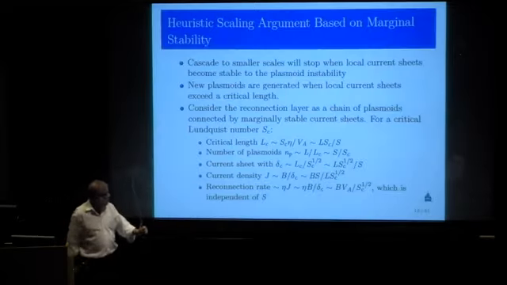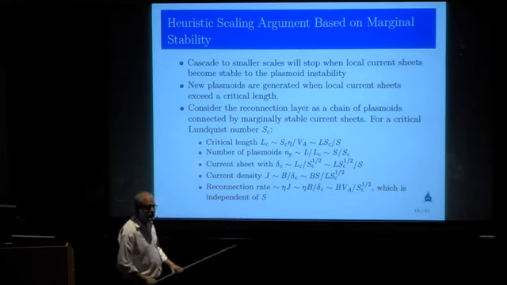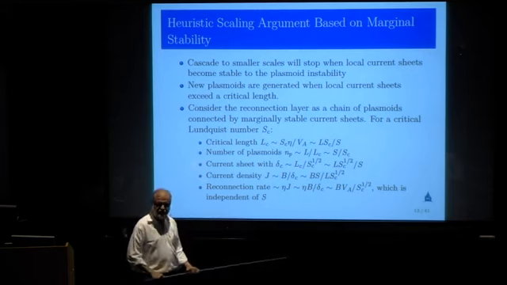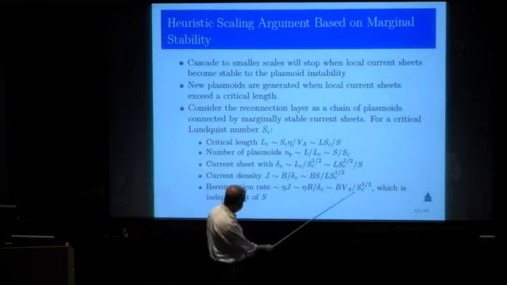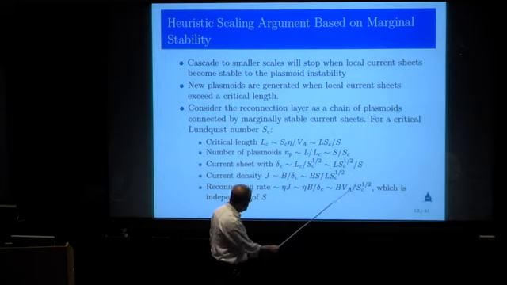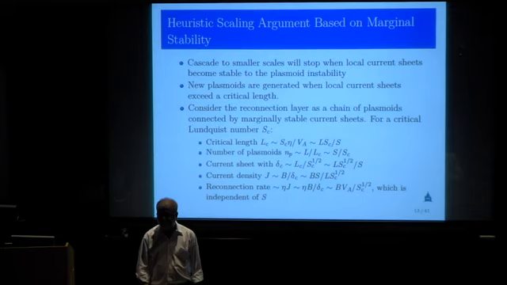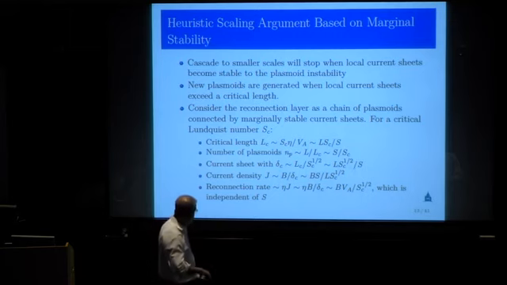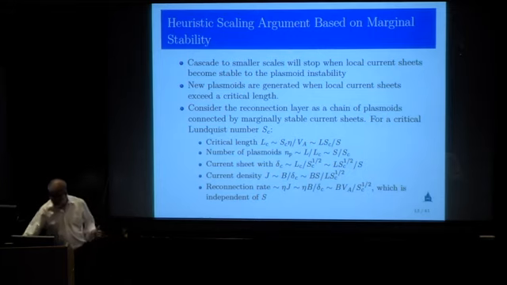As to whether we can understand this result, I'm running a little short of time. But what you can do is to come up with a very simple heuristic argument, which I don't have the time to go into, but my slides will be available and you can go through it. Essentially, we can demonstrate that there is a reconnection rate that scales as S_c to the half, where S_c is the critical Lundquist number for triggering the plasmoid instability. That's typically 10 to the power 4. So we can explain this 0.01 VA result independent of resistivity by essentially using a variant of the Sweet Parker argument, but taking into account the fact that you have a plasmoid instability.